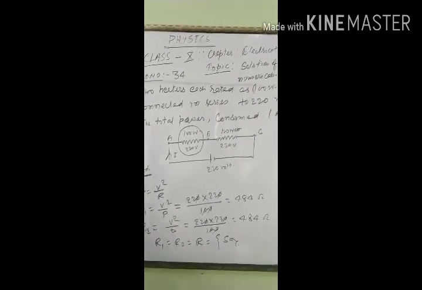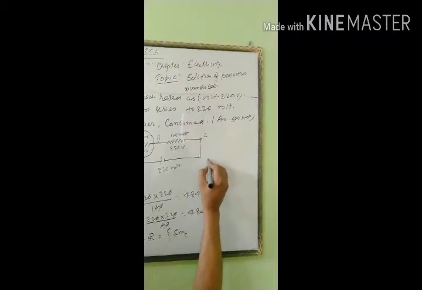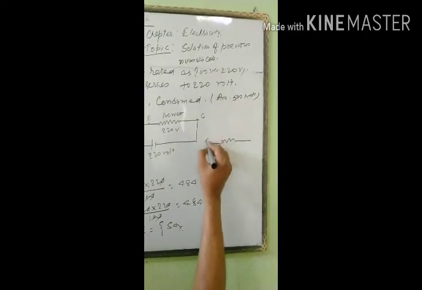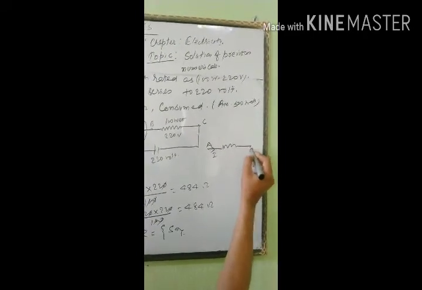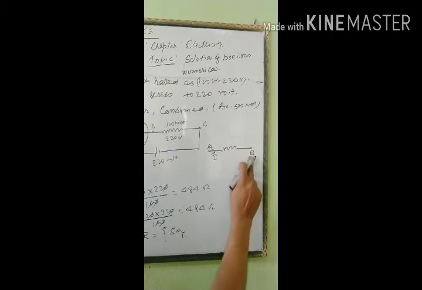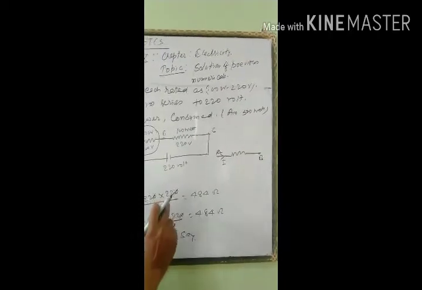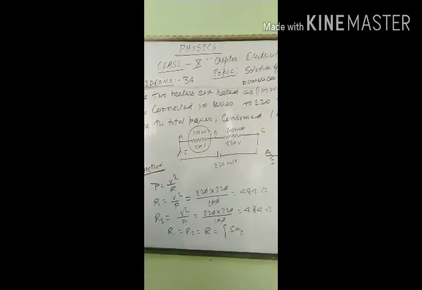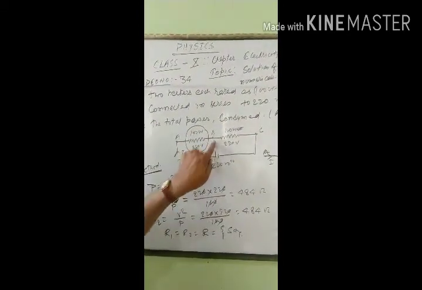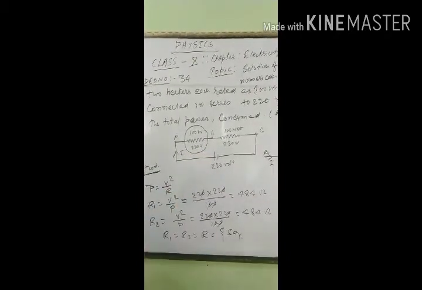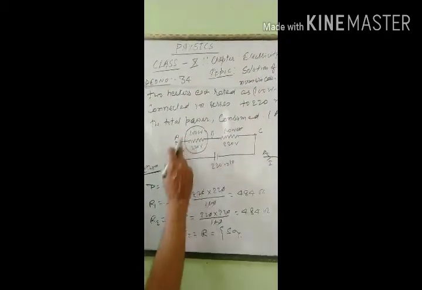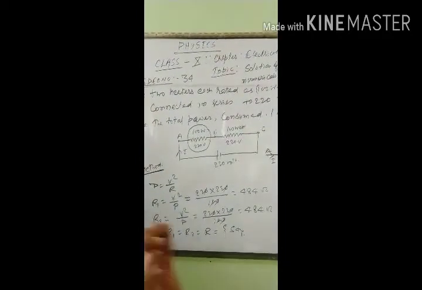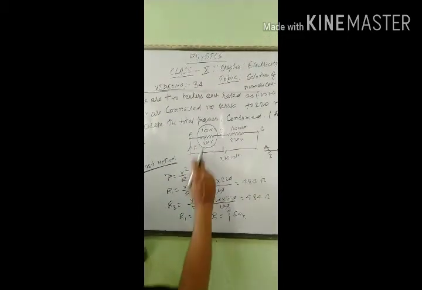That means suppose that you have an electric heater or any conductor, then in order to flow a current I, there must be a potential difference between the two ends of the conductor. Suppose that this is a heater AB, its one end is A and another end is B. There must be a potential difference between these two ends, and this potential difference is given here as 220 volt, and its power is given here as 100 watt.